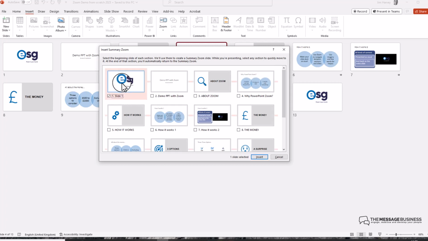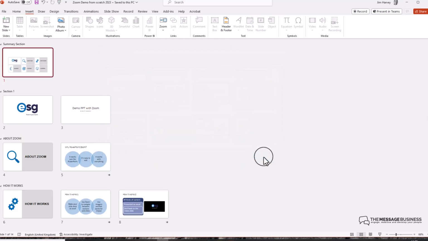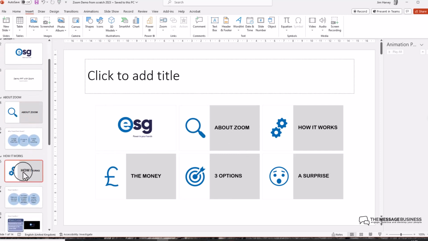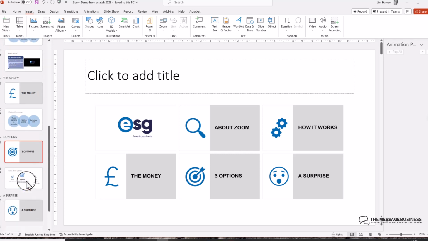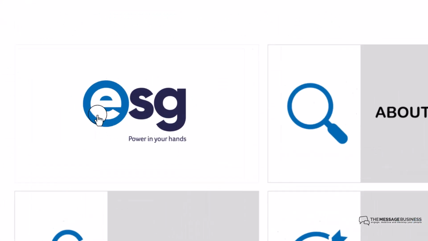So I'm going to choose slide 1, I'm going to choose slide 3, slide 5, slide 8, slide 10 and slide 12, because those are the kind of section headers where I've used an identical title slide. Now just look while the magic happens. If I choose Insert, what PowerPoint does, it creates a new slide and it inserts a thumbnail of each of those section header slides that I've just selected into a SmartArt graphic kind of a frame, and they are now active hyperlinks to particular